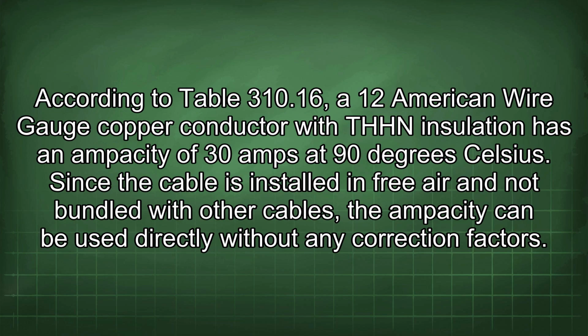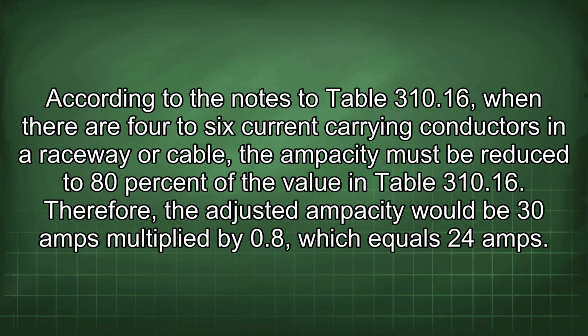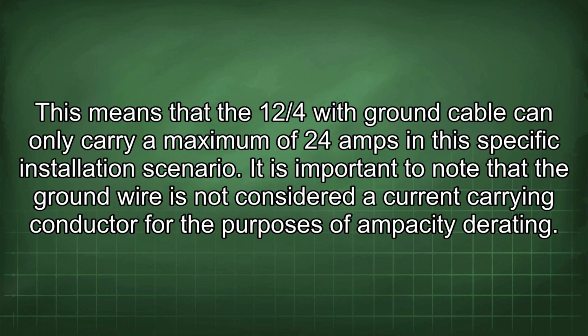without any correction factors. However, if the same 12/4 with ground cable is installed in a conduit with 5 other current carrying conductors, the ampacity must be adjusted. According to the notes to Table 310.16, when there are 4 to 6 current carrying conductors in a raceway or cable, the ampacity must be reduced to 80% of the value in Table 310.16. Therefore, the adjusted ampacity would be 30 amps multiplied by 0.8, which equals 24 amps. This means that the 12/4 with ground cable can only carry a maximum of 24 amps in this specific installation